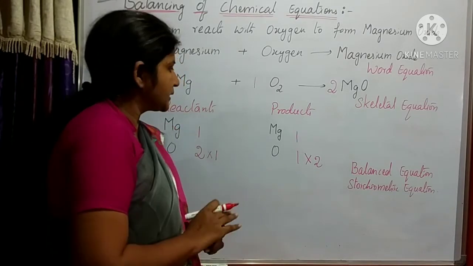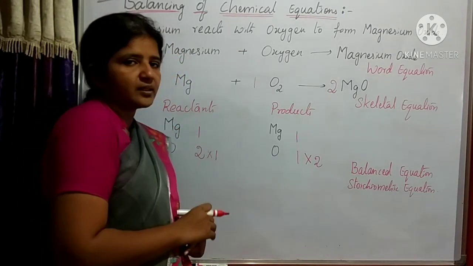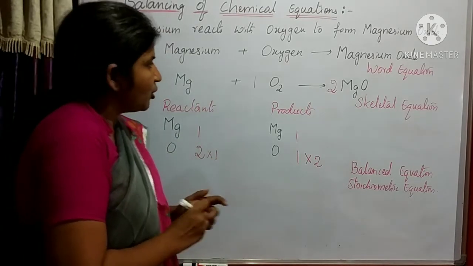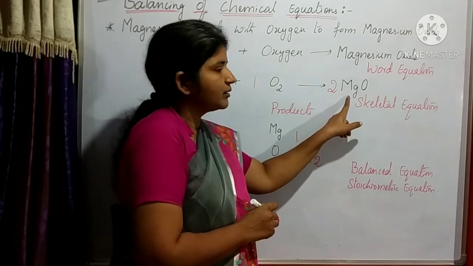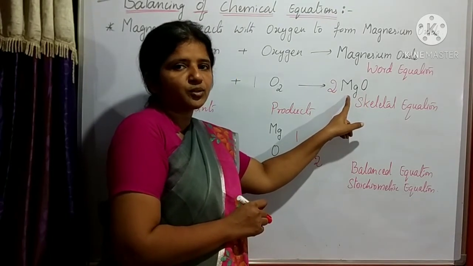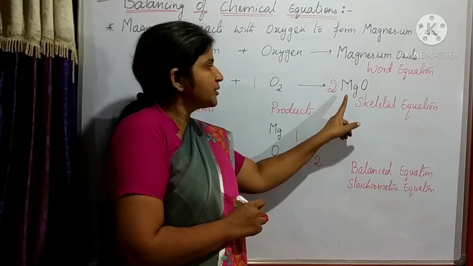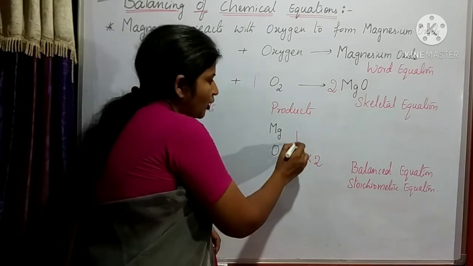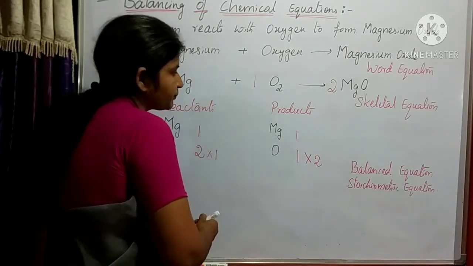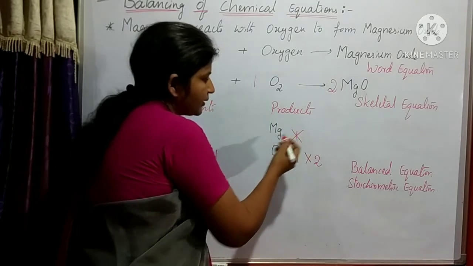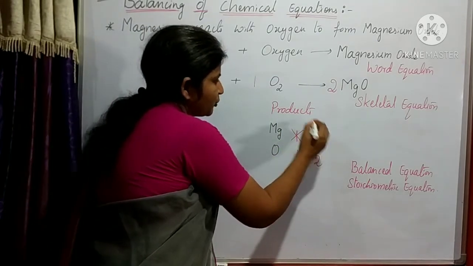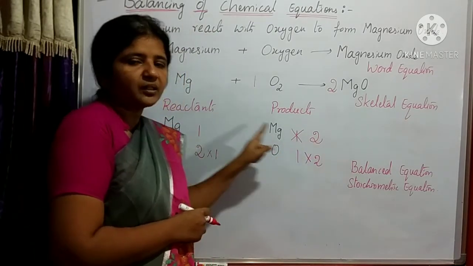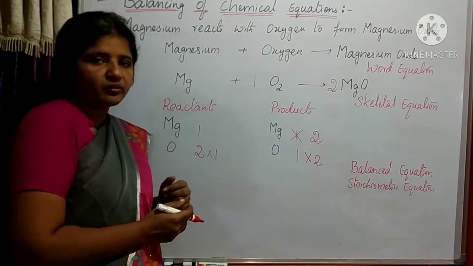While balancing oxygens, the number of magnesium atoms changes. Look here, 2 oxygens, then what will happen? It becomes 2. Magnesium atoms also become 2. So 2 magnesiums are present now on the product side. Cancel the old number and write 2. Magnesium on the product side, 2 are present, but on the reactant side how many? 1. Then what will happen?